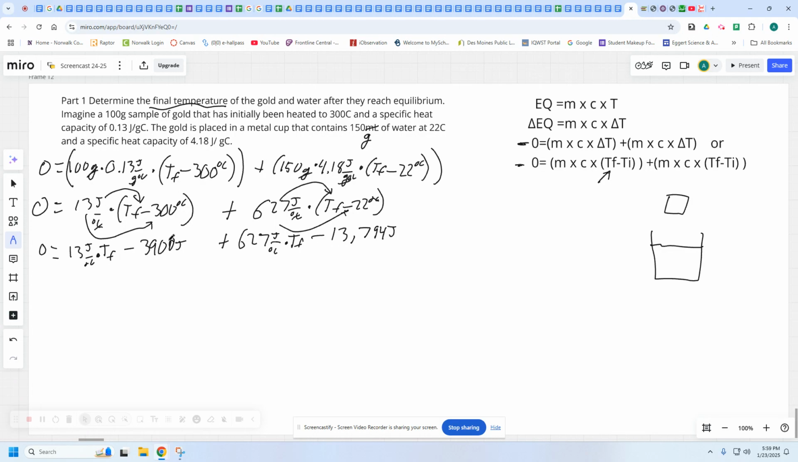Now that we've done the distribution, it's time to look for like terms. For teaching purposes, I like to underline the like terms just to draw attention that this quantity has a joules degrees Celsius stuck to a temp final, and so does this one for the 627. So those two can be added together. This negative 3,900 joules is similar units to the negative 13,000 joules on this side. So if we add those up and simplify it, we should end up with